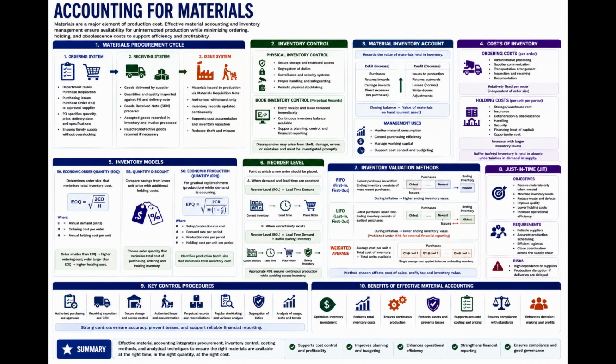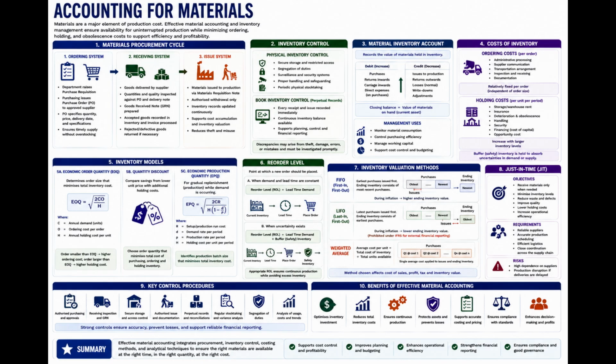Materials constitute one of the most significant cost elements in manufacturing and service organizations, often representing a substantial proportion of total production costs. Effective material accounting and inventory management ensure that sufficient materials are available for uninterrupted production, while minimizing the costs associated with ordering, storage, handling, and obsolescence. Consequently, management accounting systems incorporate comprehensive procedures for ordering, receiving, storing, issuing, and controlling materials to support operational efficiency, cost